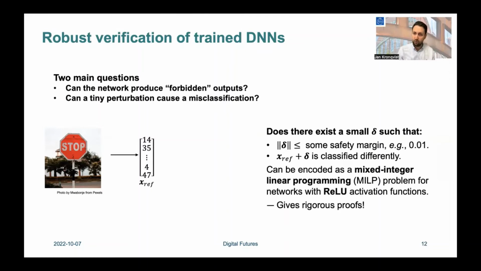that if we add this delta to the reference input, it gets classified differently? This can be encoded as a mixed integer linear programming problem for networks with the so-called ReLU activation function. The advantage of this is that it gives us rigorous proofs. Either we find the perturbation that causes the misclassification, or it proves to us that such a perturbation does not